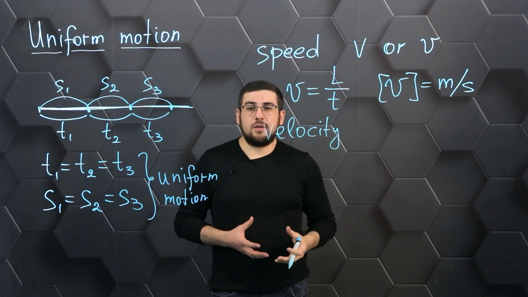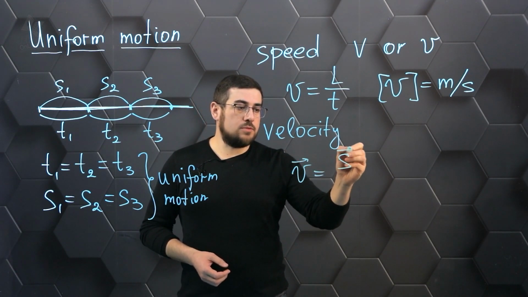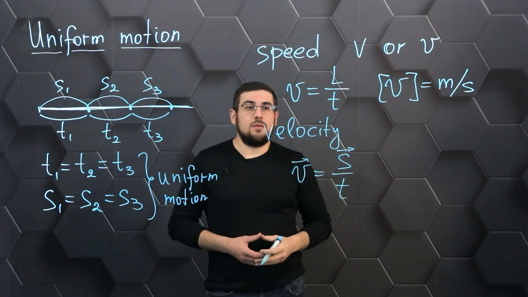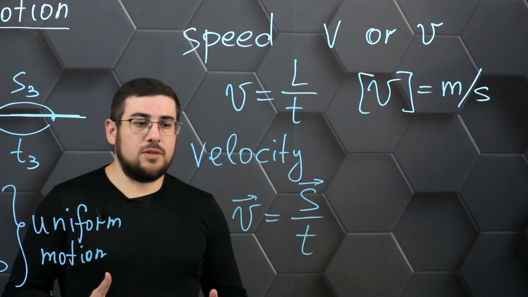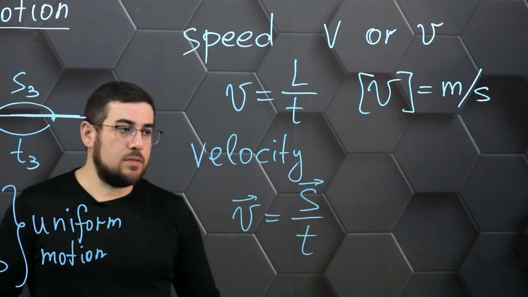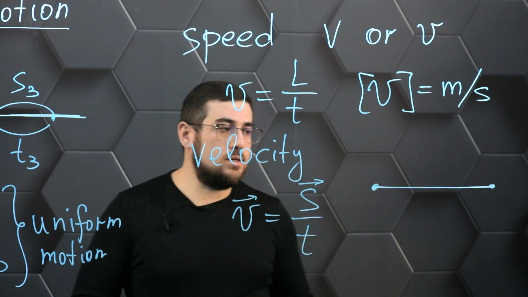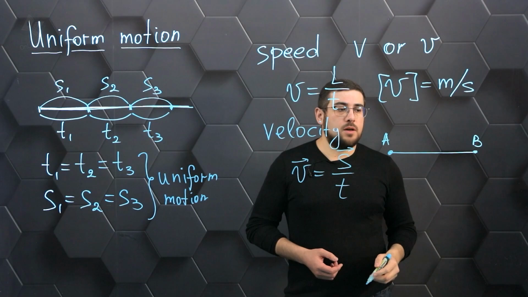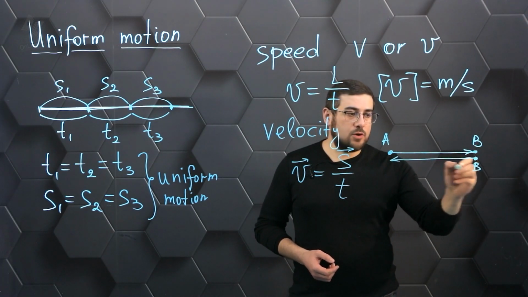Here we are already saying that we will define velocity as the ratio of the displacement made by the body, again, to the time for which the displacement was made. We will be able to determine this velocity by the given formulas. And let's see what the difference turns out to be if we meet with different types of motion. For example, if a body is moving in a straight line and makes a certain amount of movement from point A to point B, and then returns back from point B to point A,